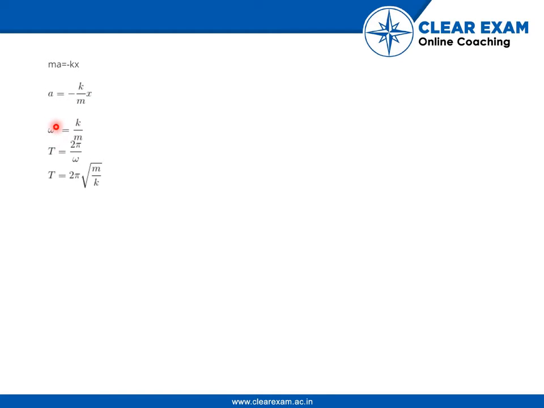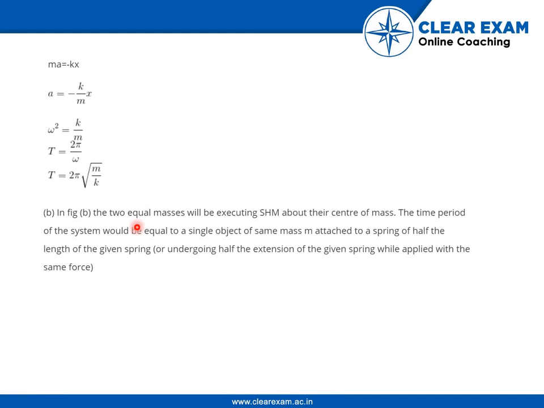So we know the value of omega square is equal to k by m, and T is equal to 2 pi by omega. So in place of omega we can write root over of m by k. In figure B, the two equal masses will be executing SHM about their center of mass. The time period of the system would be equal to that of a single object of same mass M attached to a spring